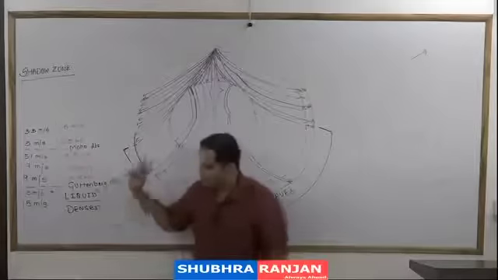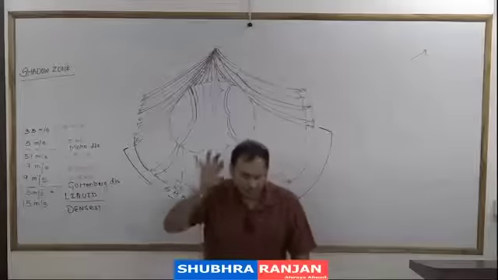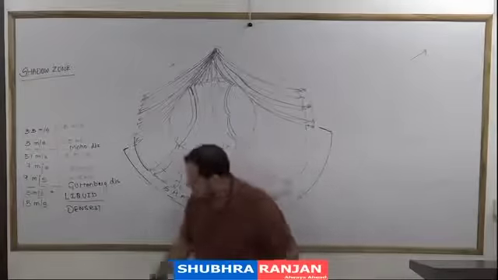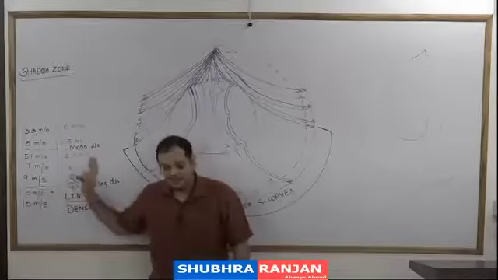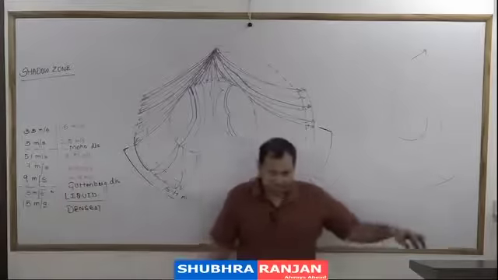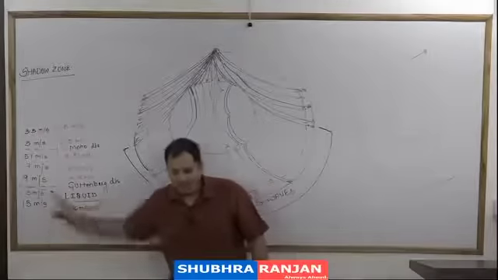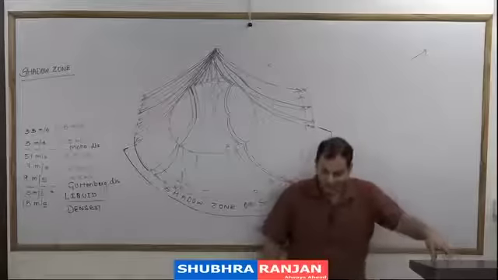Due to the absence of S waves, as the S waves cannot pass through the outer core, and the P waves also pass at very, very low speed, we can say that the outer core is liquid in nature. But due to the very, very high density of the inner core, we have the high speed of P waves in the inner core. Highest speed कहाँ पे है? In the inner core. We know that the inner core is solid in nature.